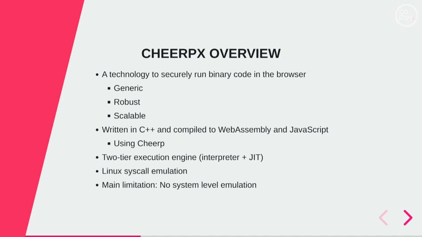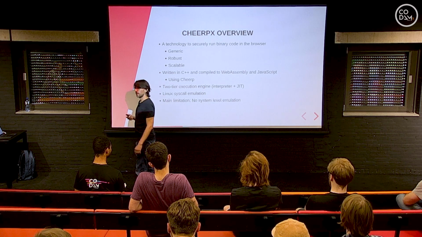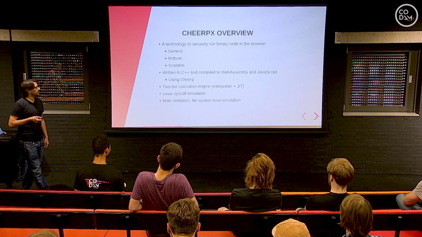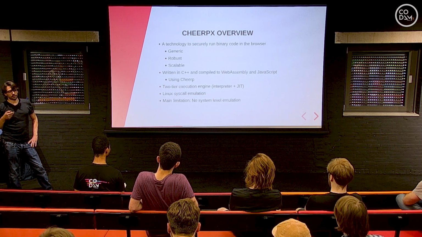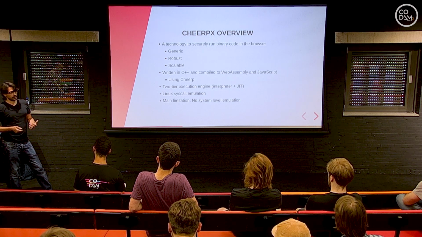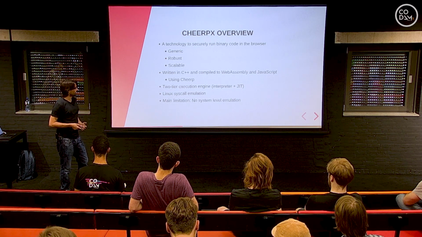In practical terms, CheerpX is a C++ application that we wrote from scratch. It's all our IP, and we compile it using Cheerp. This is a regular pattern in our company where we use our own tools to make further tools which are more advanced. The system uses a two-tier execution engine. It would possibly be more correct to say that the tiers are three, but let's keep things simple if we can. This is a pretty common architecture on modern execution engines for dynamic languages. You would see the same approaches used pretty much in the V8 engine used by Chrome or the JavaScriptCore engine used by WebKit and Safari.